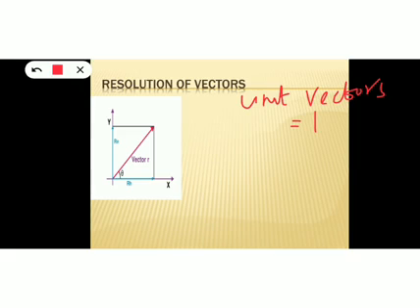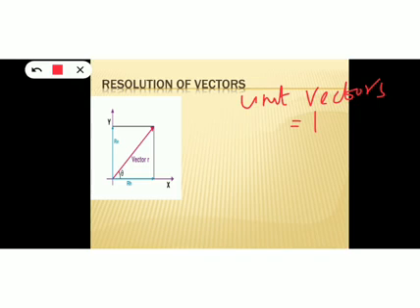It has no dimension, it has no unit. It is used to specify only direction. If we consider the vector force, it has a dimension and a unit. Unit of force is Newton. Dimension is M L T raised to minus 2. If we consider a vector quantity like velocity, it has a unit. What is the unit? Meter per second. And what is the dimension? L T raised to minus 1. But unit vectors don't have a dimension. They don't have any unit. It is just used to specify a direction.